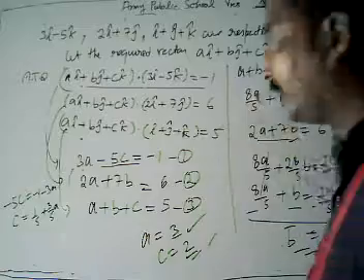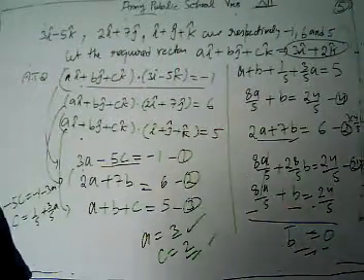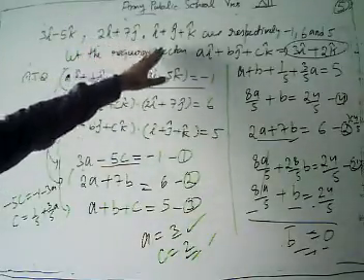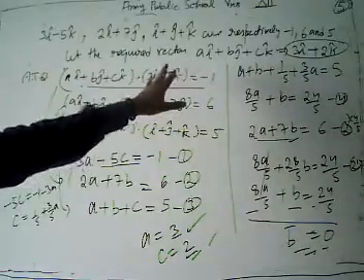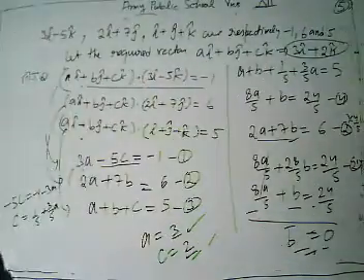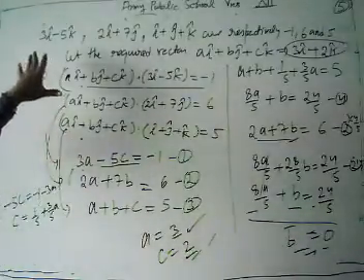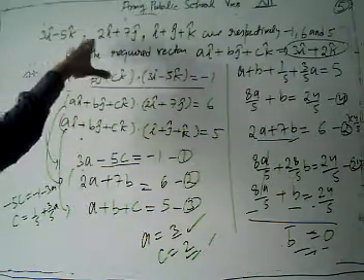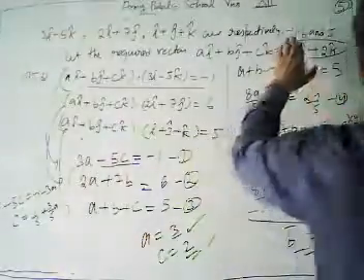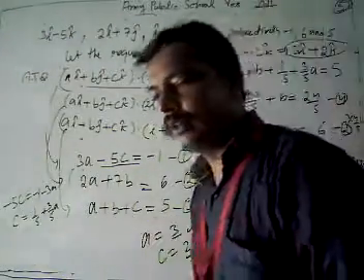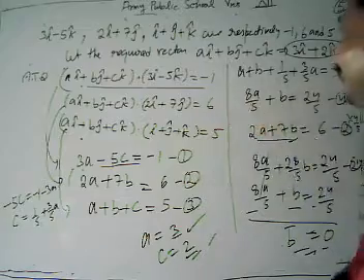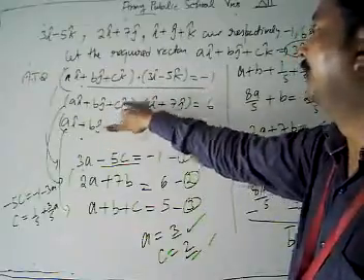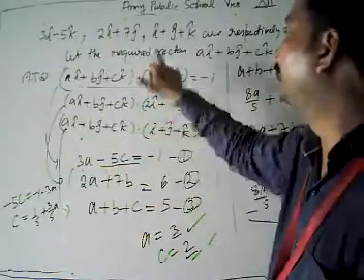This is our required vector when we take the product with 3 i cap minus 5 k cap, 2 i cap plus 7 j cap, and i cap plus j cap plus k cap, and we get minus 1, 6 and 5. Look again, we are given 3 vectors, and when we take the dot product of the 3 vectors with an unknown vector, we get the values minus 1, 6 and 5. Suppose our unknown vector is a i cap plus b j cap plus c k cap. Taking the dot product, according to the question, we have minus 1 with the first, 6 with the second, and 5 with the third vector.